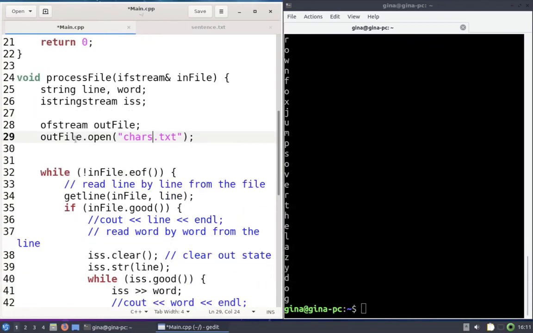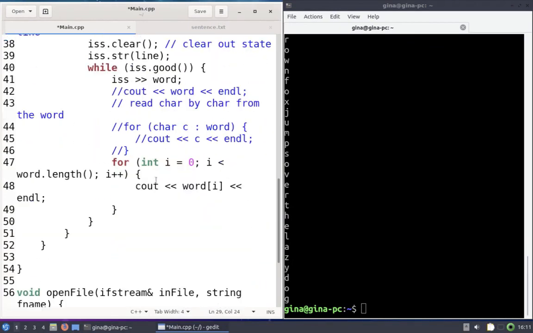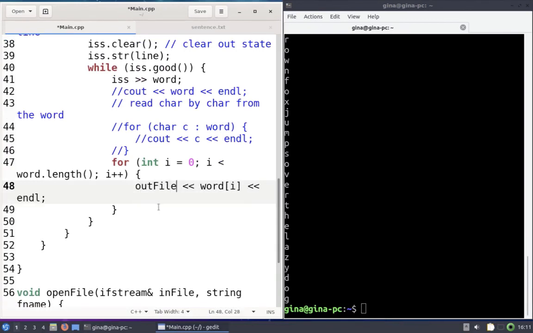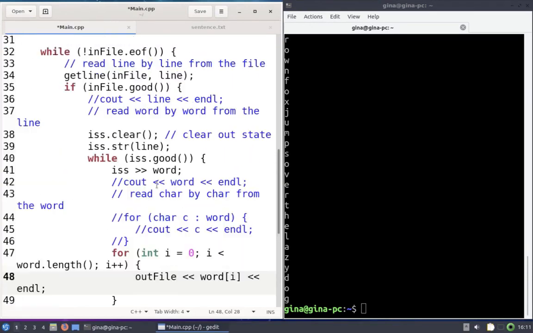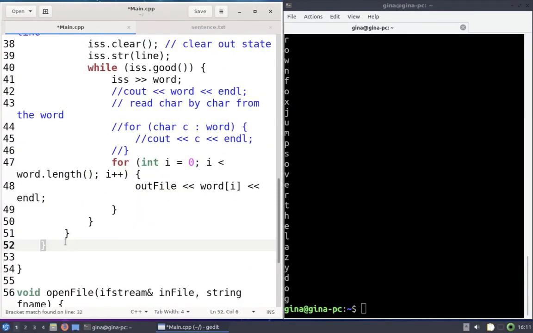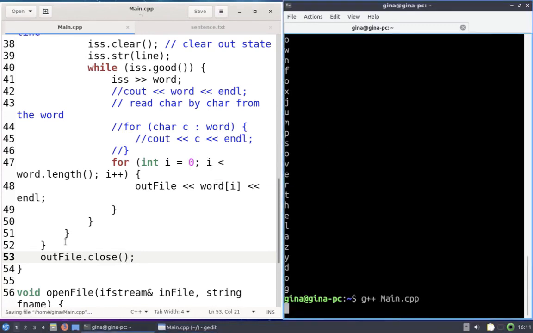All right, so here we're opening our outFile. Now all I have to do is replace cout with outFile. That's it. outFile is just like cout. It's an output stream and we can write to it. In fact, if we wanted to, we could even just write this all to one big string using an ostringstream. ostringstream, O is for output. Okay, the last thing we should do before we forget, we should definitely close outFile. All right, so let's try this again. We shouldn't see any output